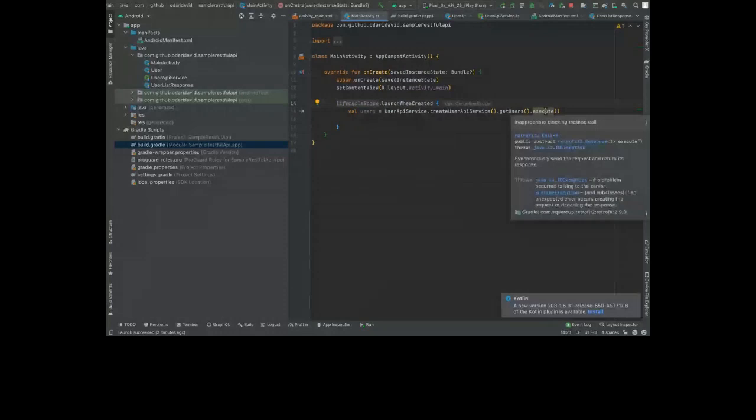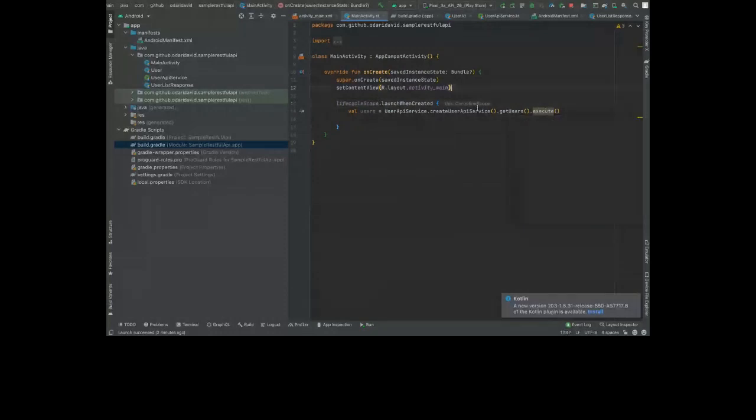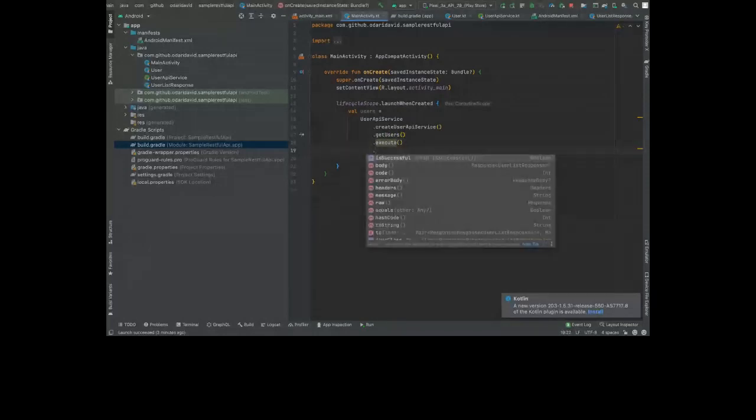What does it say? Inappropriate car. Yeah, so in an ideal scenario, you wouldn't be calling this code like this. Usually, most apps have some form of architecture in place so that you do not call, for example, API blocking code in an activity. That's bad practice. But since this is just for learning purposes,